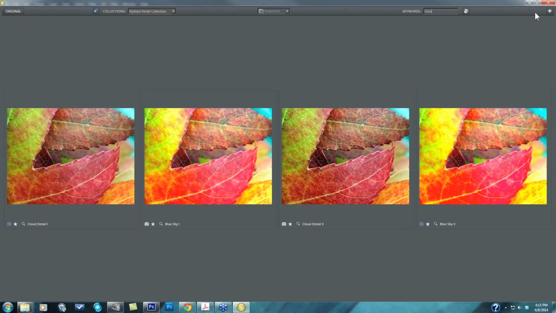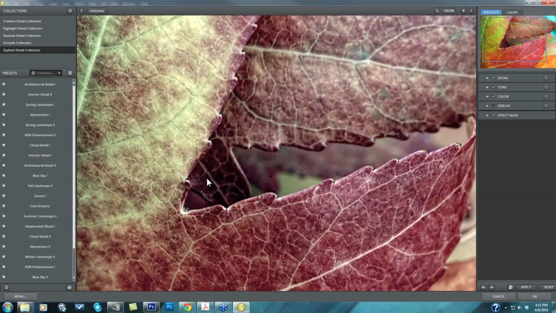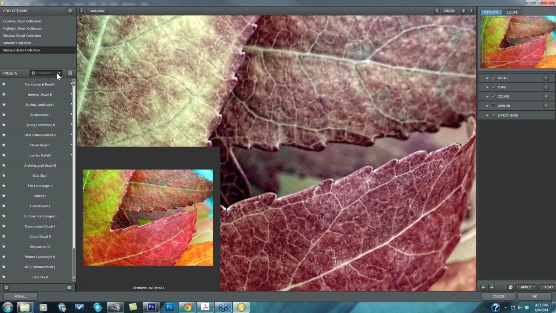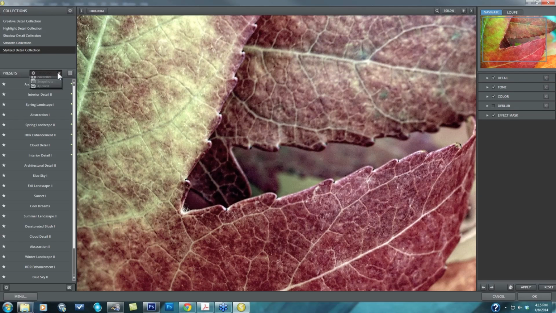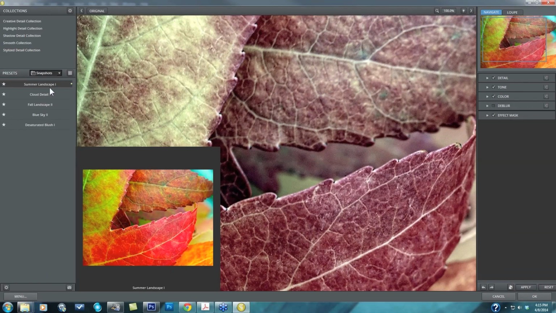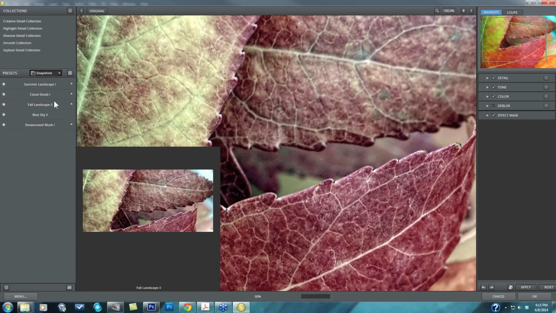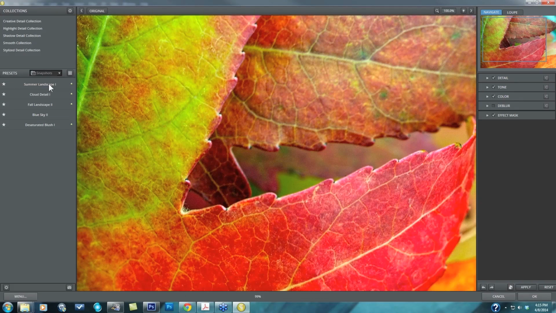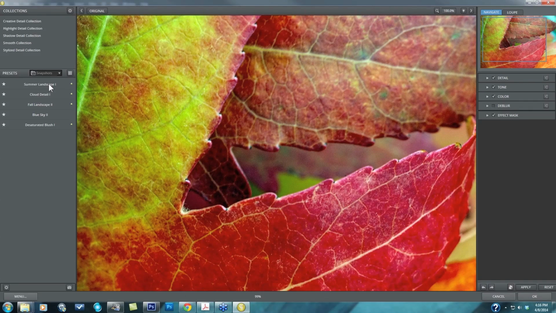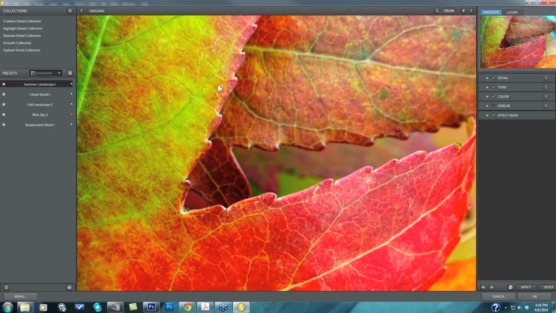If you want to go back to the main interface, you can just go to this back arrow, and you can find the same sort of searchability within this actual view as well. So if you come to the right of the word presets, I can actually go to my snapshots, and all the ones that I've indicated in that other grid view that I want to take a second look at, they're right here for me now to take a look at in a larger preview setting. So now I can just scroll through those and say, okay, I actually really like the summer landscape, so that's the one I'm going to go with. I can select it, and it's applied to my main preview. Here's before